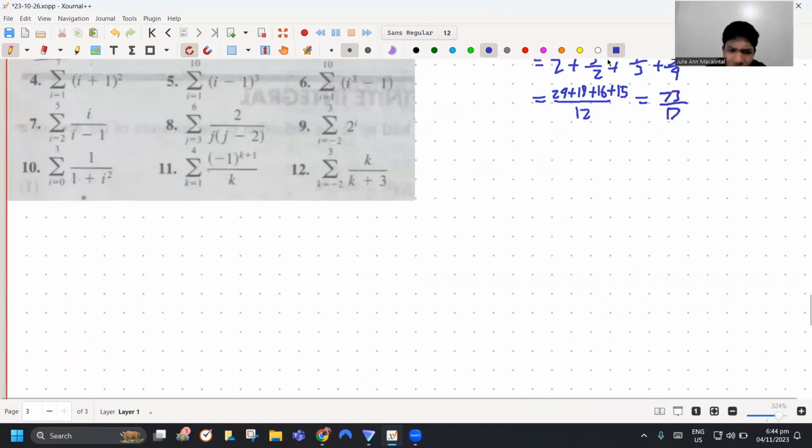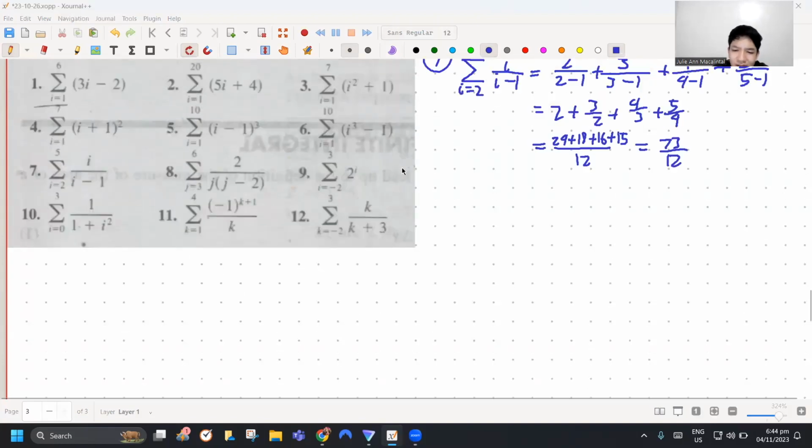Ngayon, yung number 9. Ay, hindi. Sorry. Yung number 8 muna. Pero this time, expand out. So, j equals 3 to 6, 2 over j minus 2. Tapos yung simplification, so 2 over